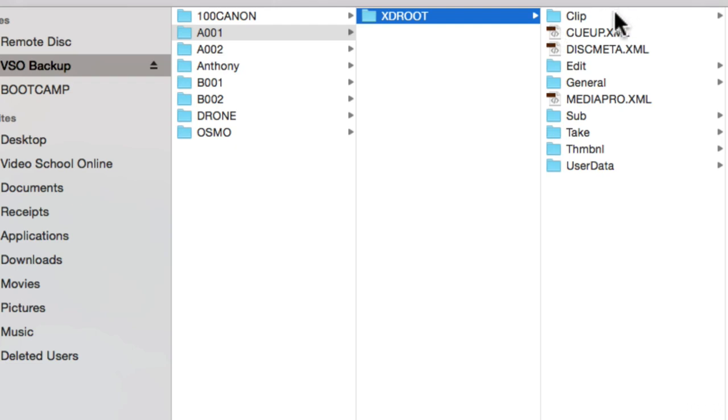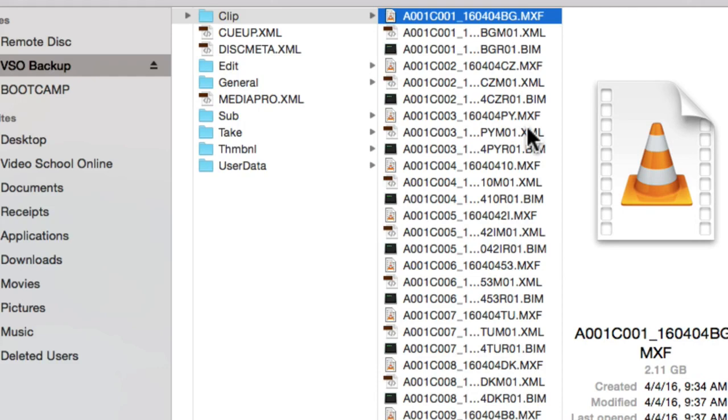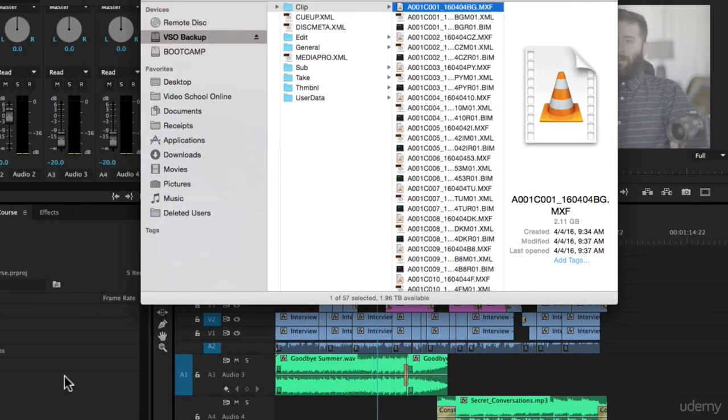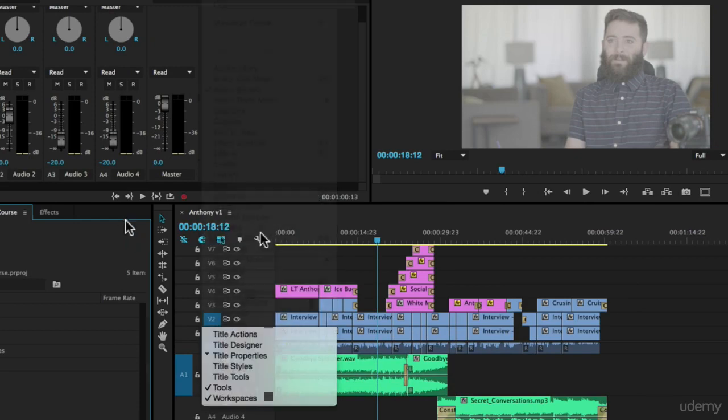When you import it to your computer, you get this folder structure that looks kind of weird. And you can't tell, even when you dive into this menu under the clips, what it looks like, because they are these MXF files that your computer might not naturally be able to open or preview. So in Premiere Pro, we're going to use the media browser, that's a new window, to look at and import